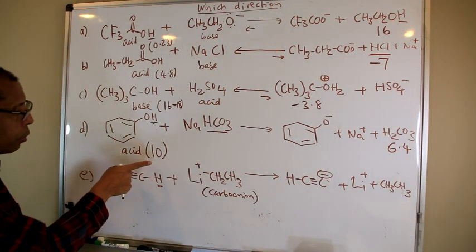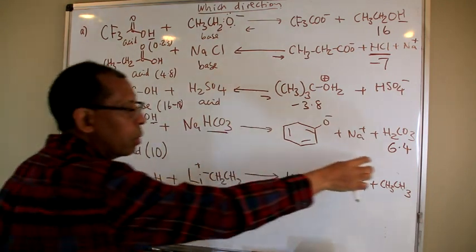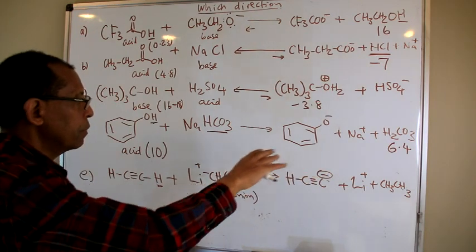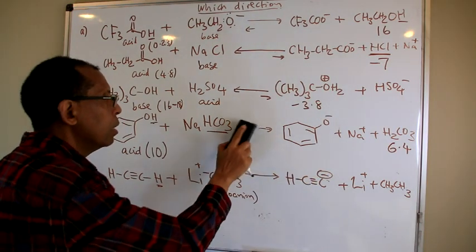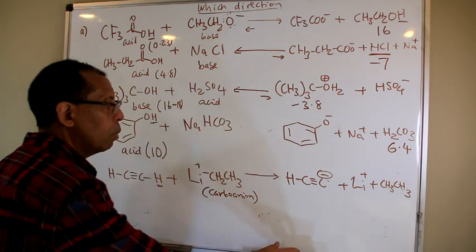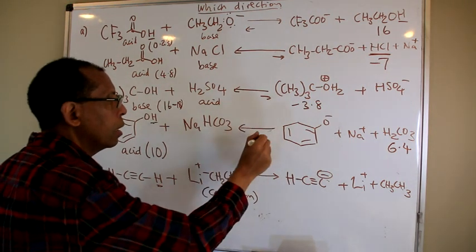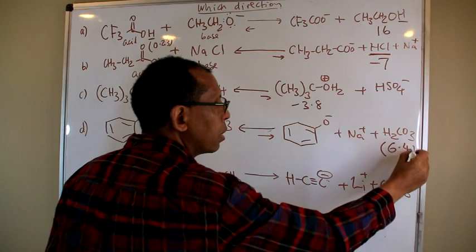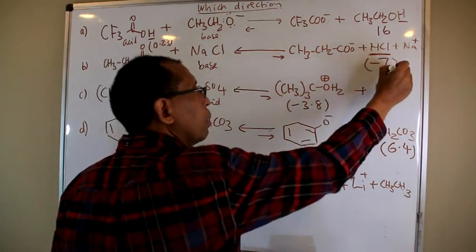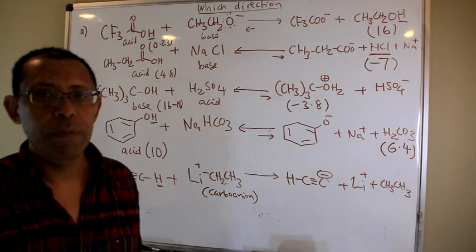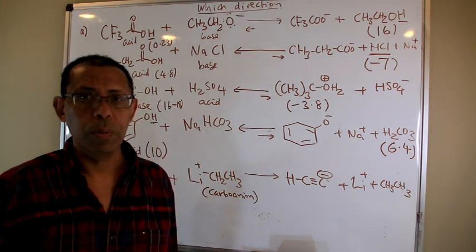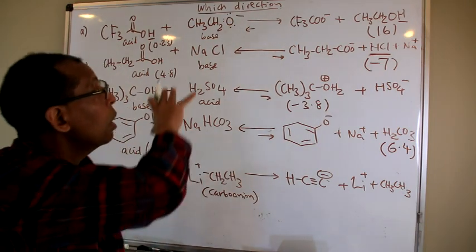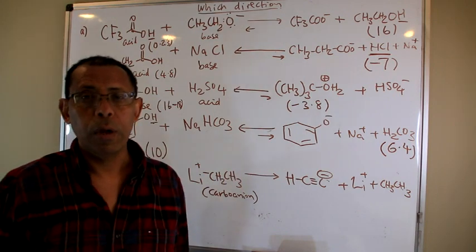So remember, now you are going from a weak acid to a stronger acid here. Even though the pKa values are not that big a difference, the pKa shows us the equilibrium should be shifted more to the left than to the right, because you cannot go from a weaker acid to a stronger acid based on pKa value. So here it is very important for you to practice knowing pKa values. You can refer to pKa tables, but you should apply them to predict an equilibrium